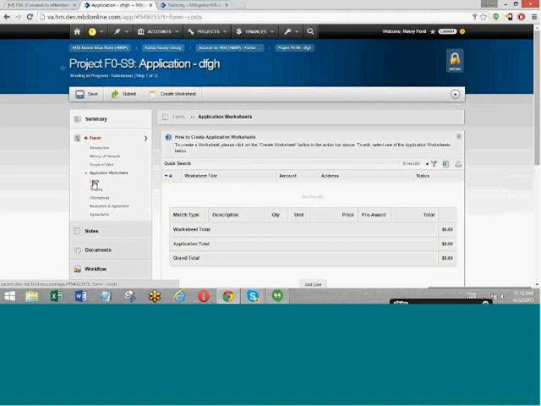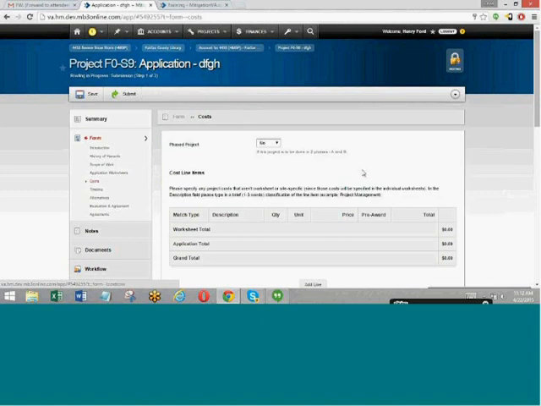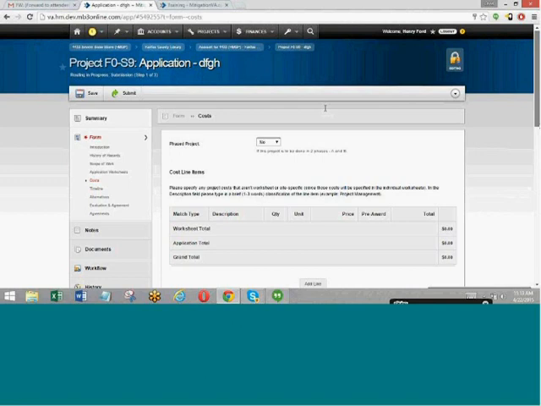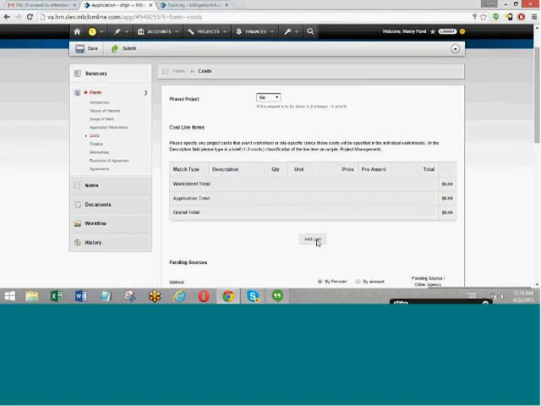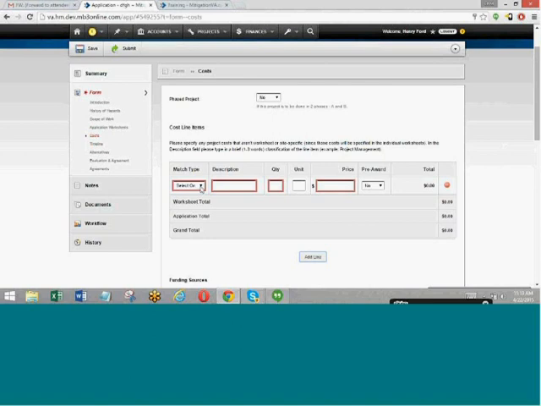I'm just going to go to the Cost tab here quickly. You can indicate whether this is a phased, like a two-phase project, or a single-phase project. At this point, let's keep it as a single phase, and you can add cost lines here. So you can say under match type, this is material. Give it a description, what type of material it is, the quantity, the unit, the price per unit, whether it's pre-award or post-award.